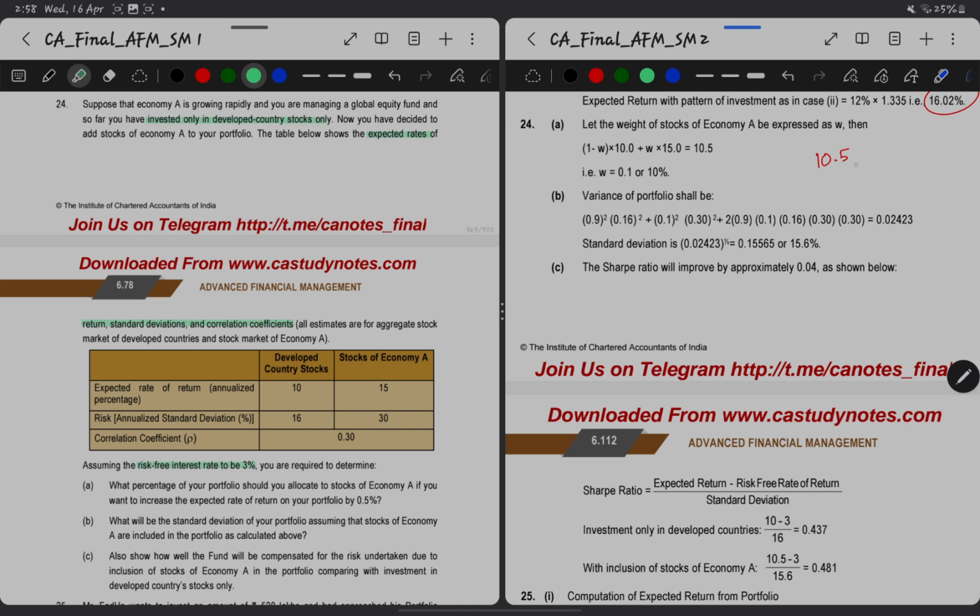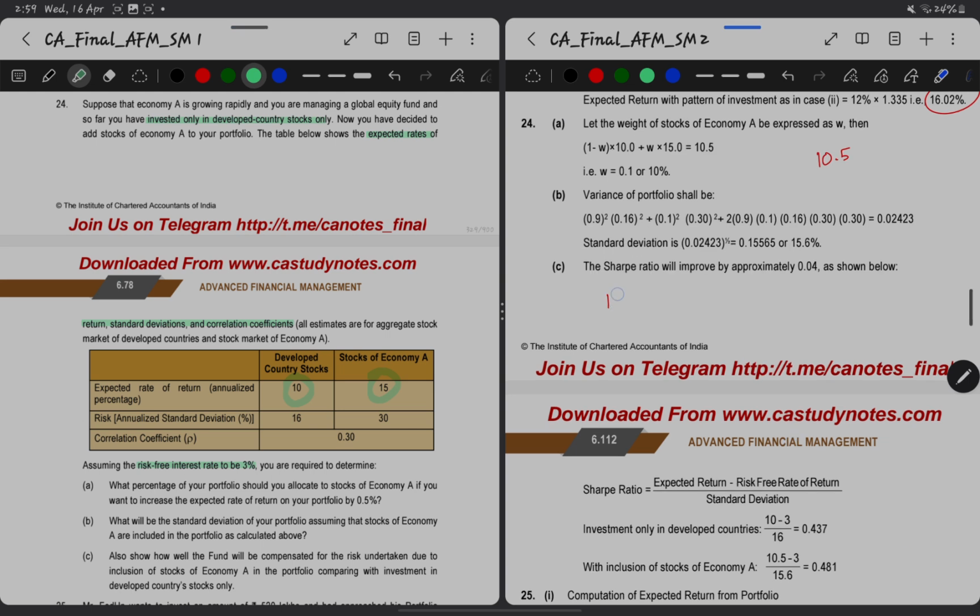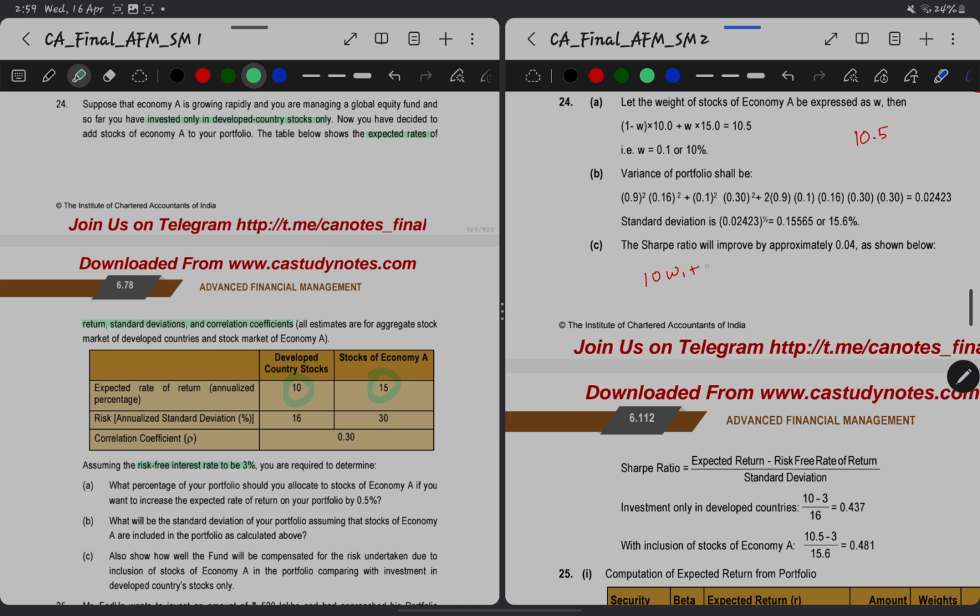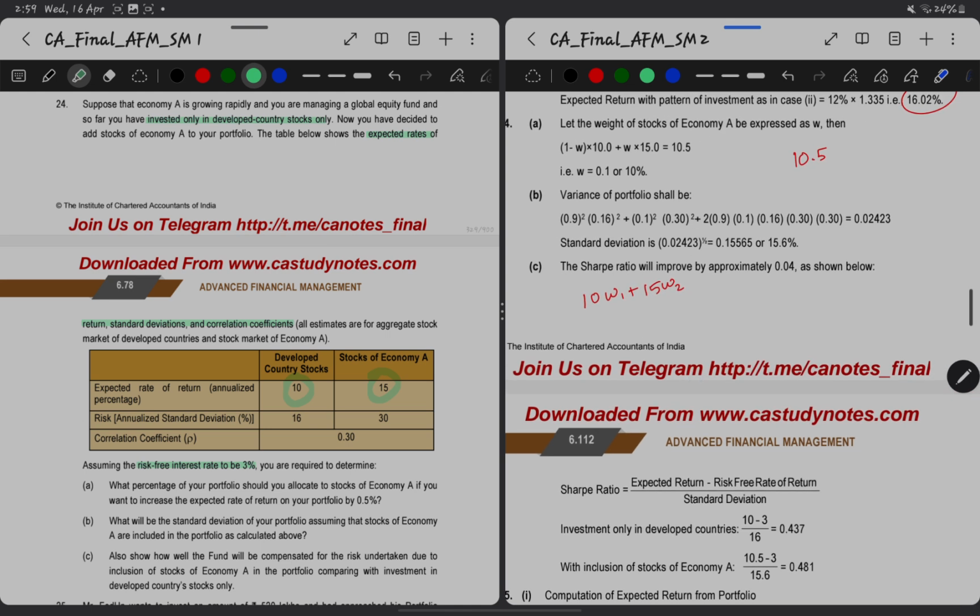To achieve this, we need a ratio in which we will be investing in the developed country stocks and then stocks of economy A. So it will be nothing but 10 into weight of 10, plus 15 into weight of that 15, which is nothing but the stocks of economy B,